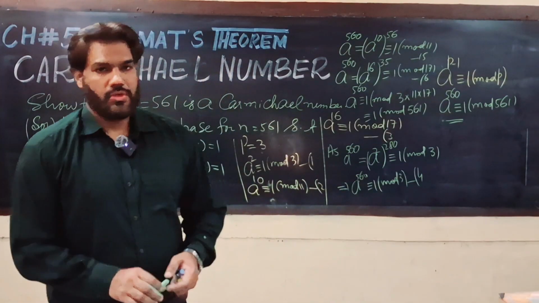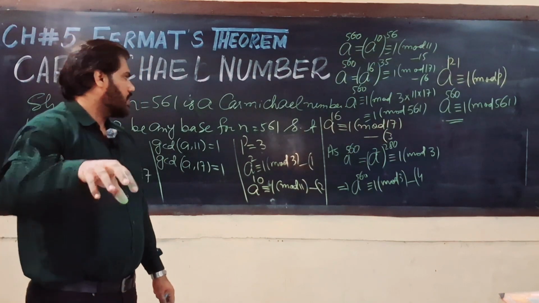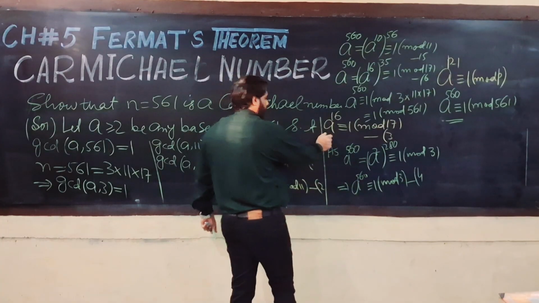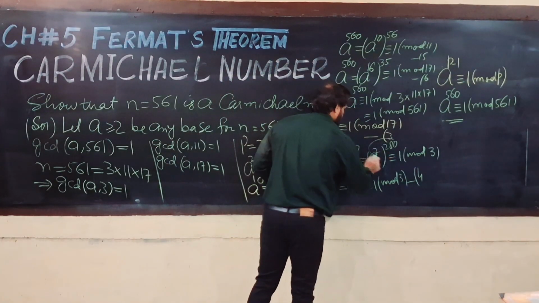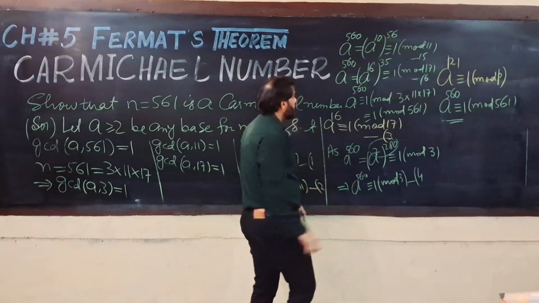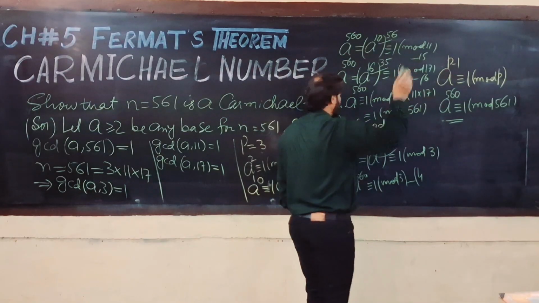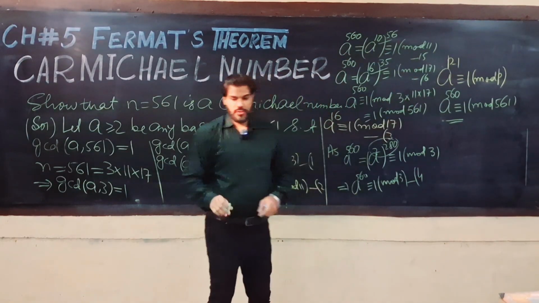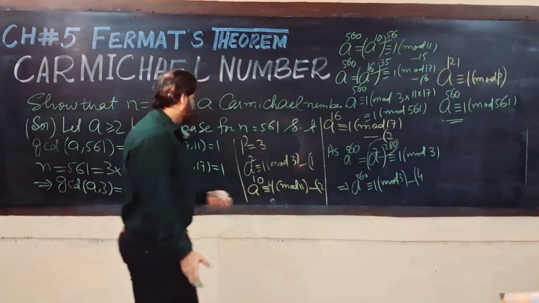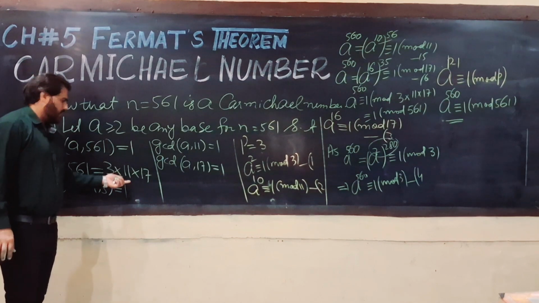From this example, you can notice that we have not used or contributed the base A. This just depends on the exponents, 2 into 2 raised to power 80. There is no utilization of A here. Again, this is the product of 10 into 56. This is the product of 16 into 35. It means a number is a Carmichael number if it is completely divisible by the prime factors,